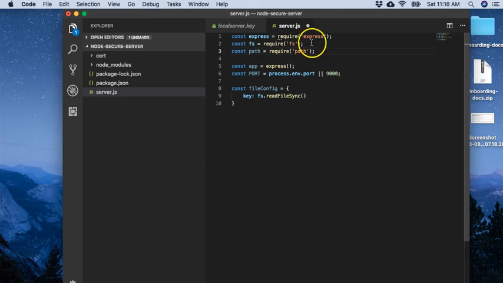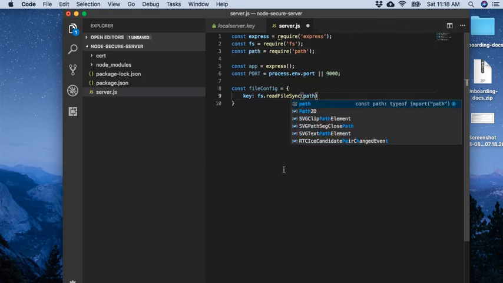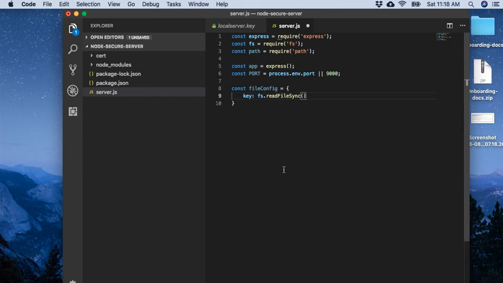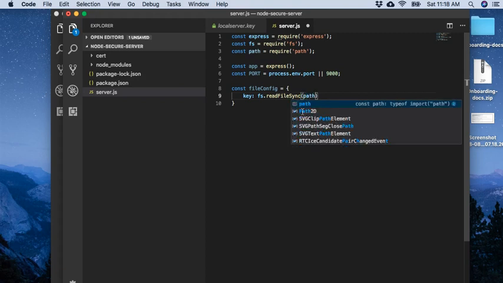So these are the core modules of Node. So I just need path. Yeah, so I will take path.join